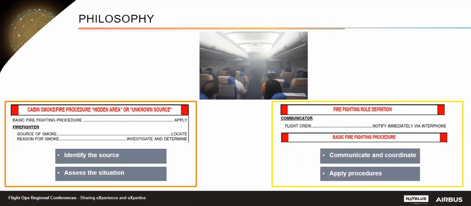So, for the cabin areas that are not equipped with detectors, the cabin crew must use all their senses, the hearing, the touch, the vision, the smell, and also all the passengers' input to be able to confirm any smoke or fume sources. And we look at some abnormal indications such as noises or abnormal warm surfaces and also some unusual odors. And these inputs will help the flight crew in their decision making.